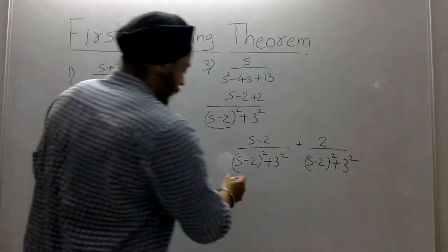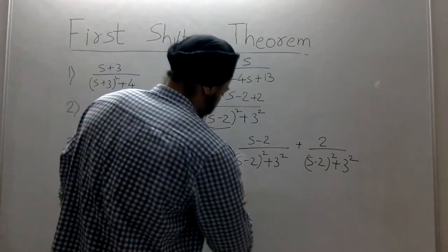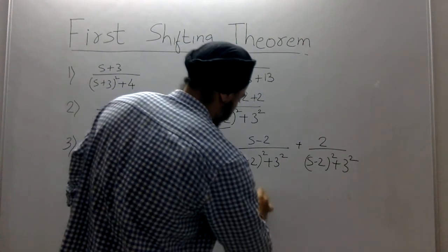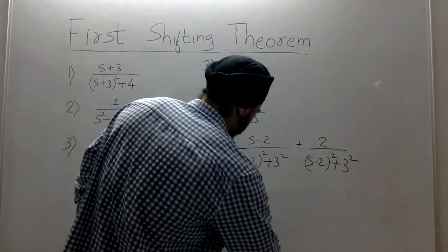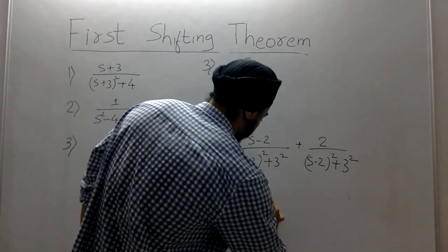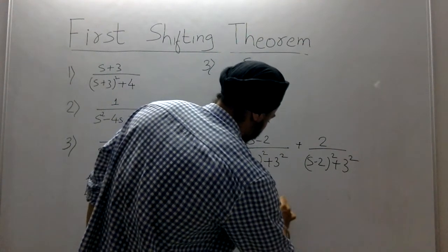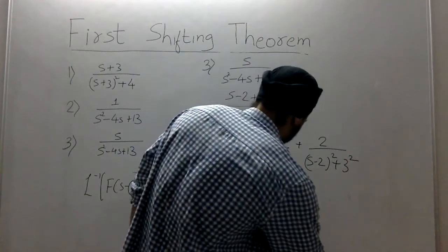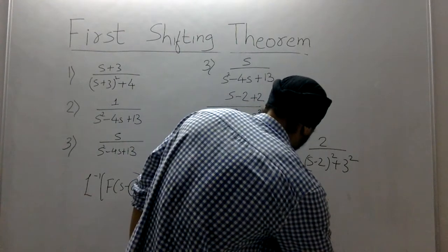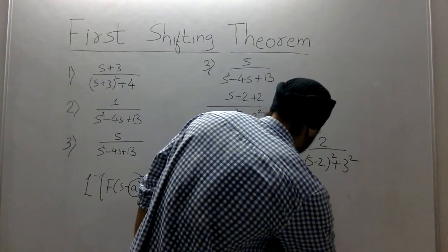Correct? Now we know that the Laplace inverse of s over s square plus 3 square is cos 3t,